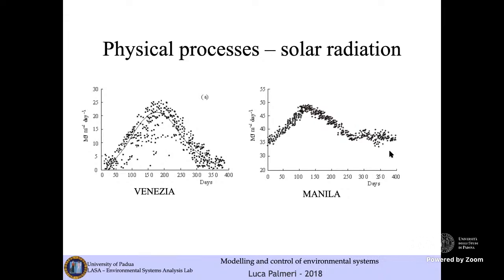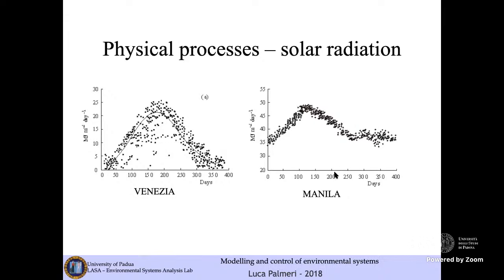Because of course Venice is in a northern hemisphere temperate climate zone, while Manila is in a near tropical country, in which we have two clear seasons, two different seasons, a sunny season and a rainy